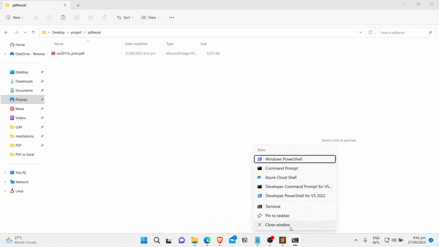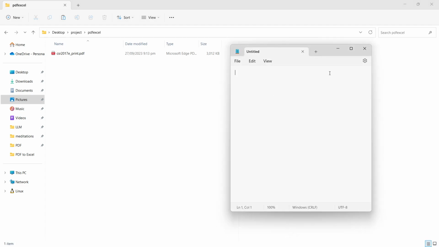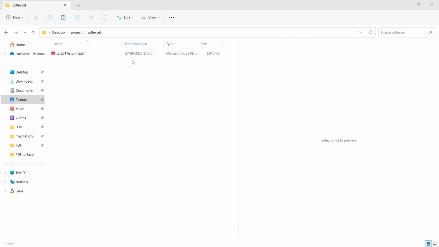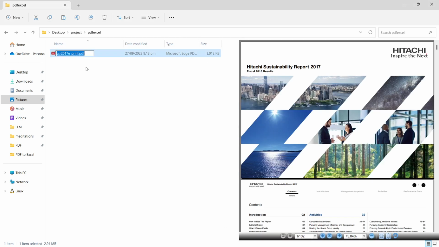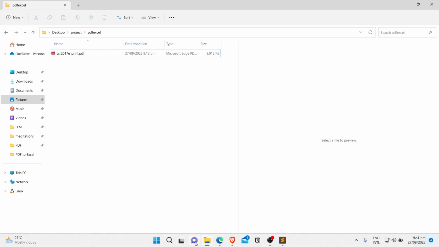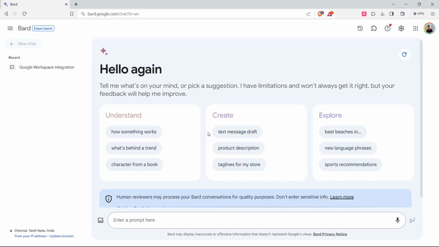So what we want to do is go ahead and check with Google Bard. For now, let me copy the file name of this PDF, and let's go to Bard. Okay, let's design our prompt here. So let's tell it that I have this PDF file called, let's write,